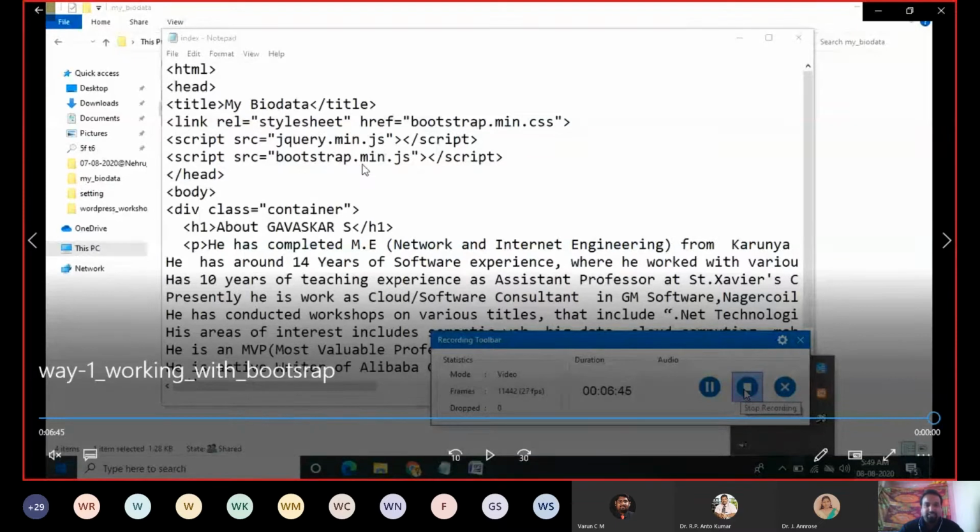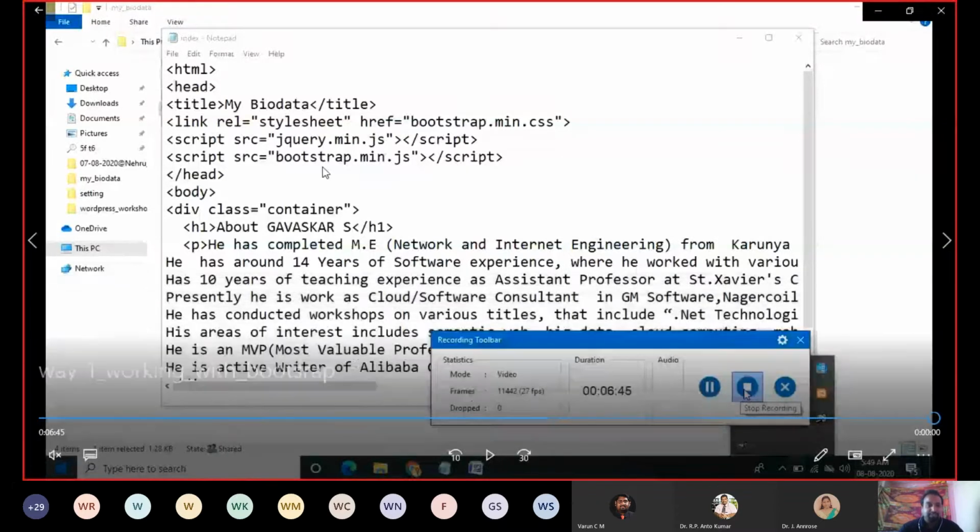And then you have to include one tag, div class equal to container. You have to add one CSS attribute, container, by using the class attribute. This container class is present in the CSS, in the bootstrap.min.css file, and you have to refer to it here. So that what will happen is, finally your ordinary website will be bootstrapped, so that the particular website can be responsive in both desktop as well as mobile.